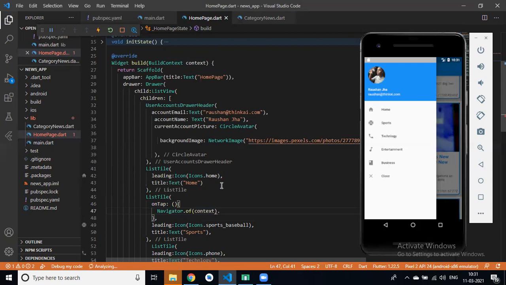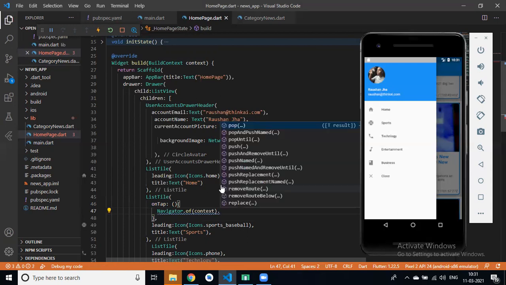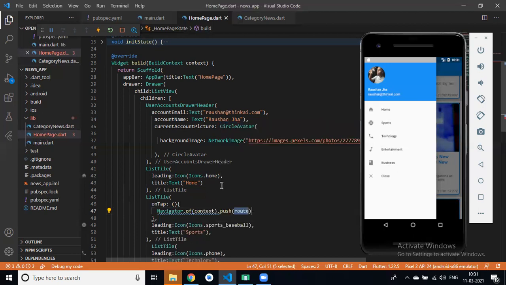I want to open another page, not close this page, so push. Navigator.push, then route to category page, MaterialPageRoute.